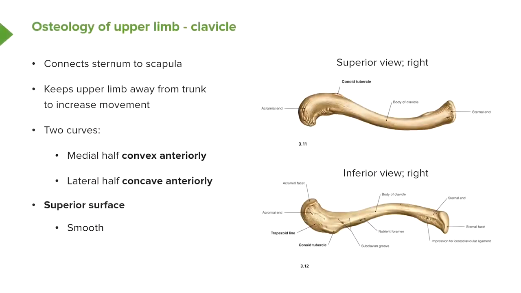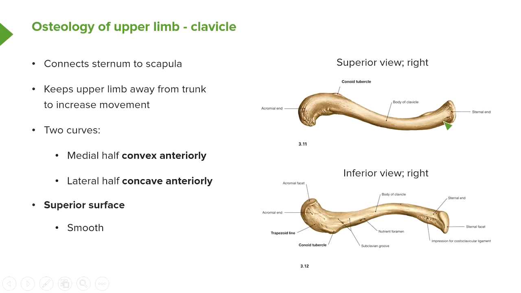We can see here we've got the superior view of a right clavicle, as if we're looking down onto it. We can see again this sternal end. We can see this acromial end. This medial half has a curve, and this lateral half has a curve as well. And it's important in being able to recognize a left from a right clavicle, and also the superior and inferior